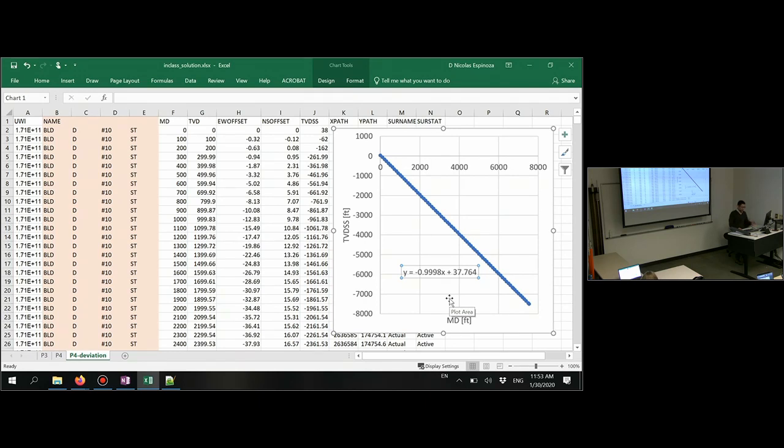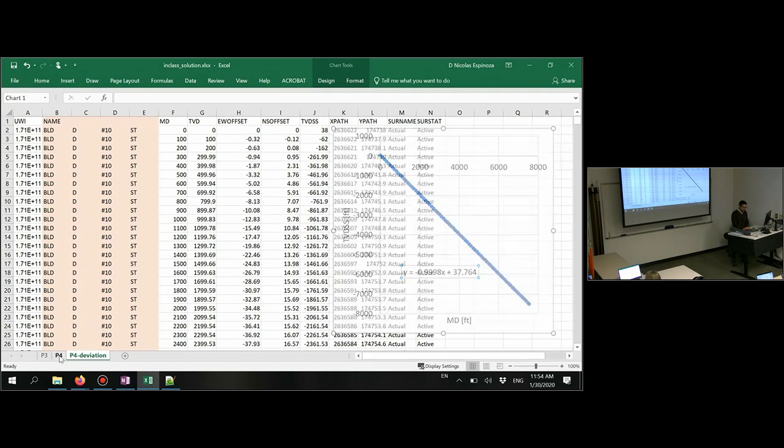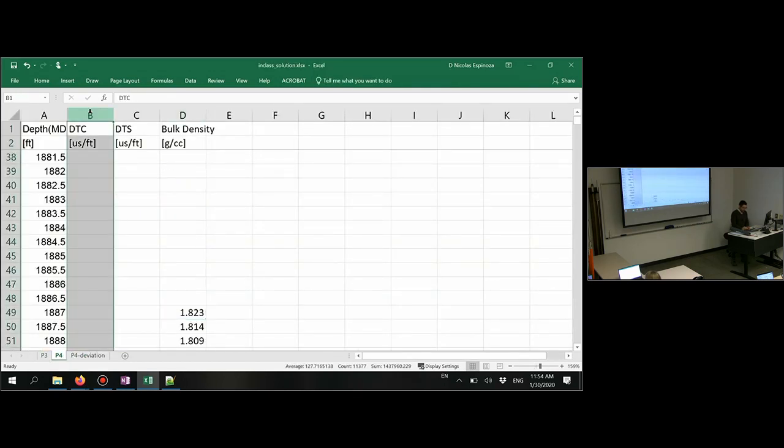So I'm going to use this equation in the previous Excel sheet. So let me write that down so I can write everything later on in the next sheet. This equation, of course, is going to vary with your wellbore, but for this one it's pretty much a straight line. And let me come back over here. So now I can,